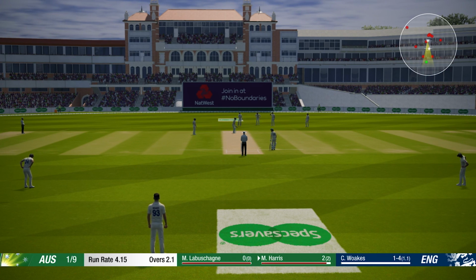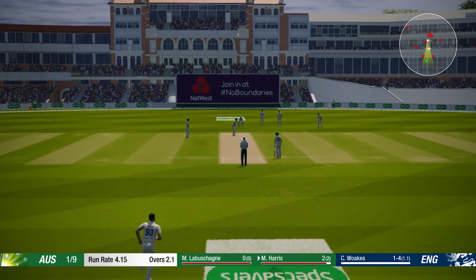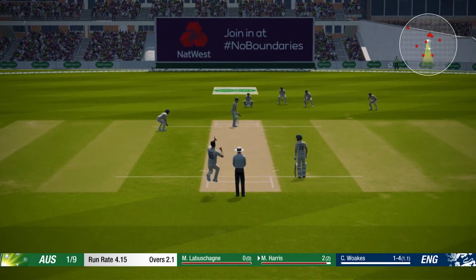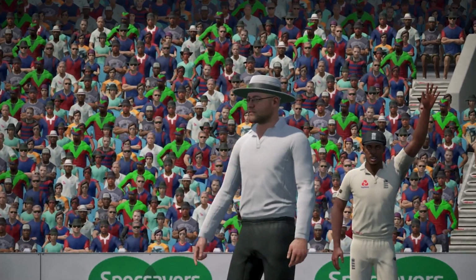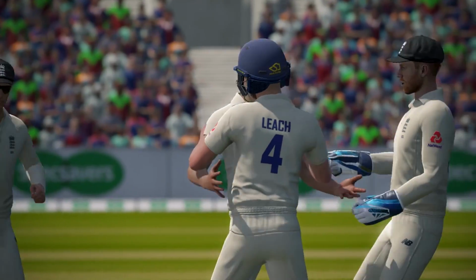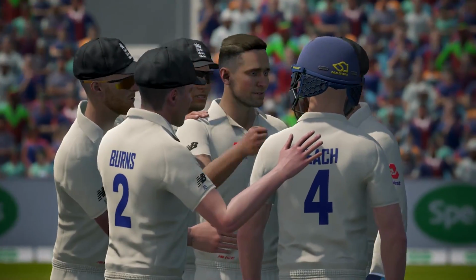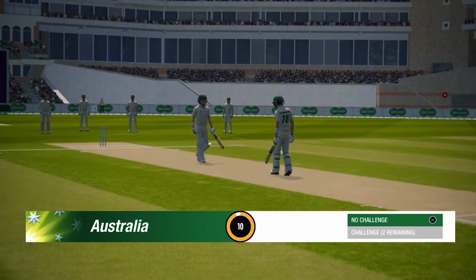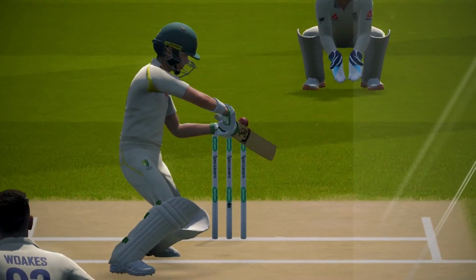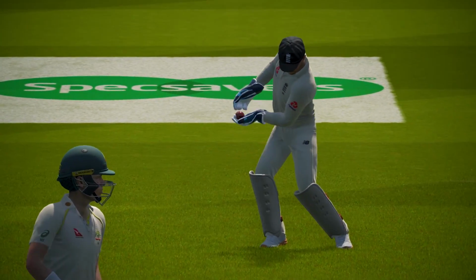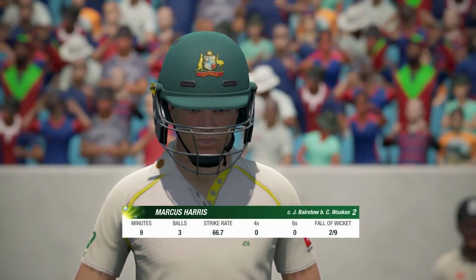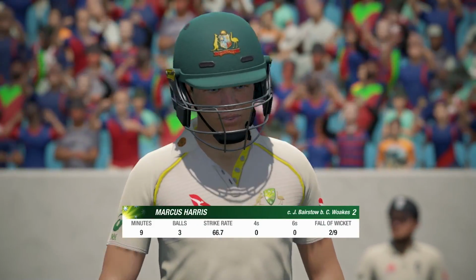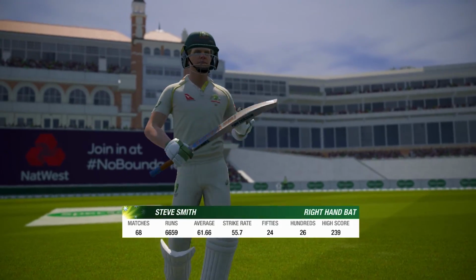Labuschagne to the crease. I reckon I've pronounced it different every single video. Let's see how we go today. They cross, so Harris will be on strike. He's nicked it. And he's been caught behind. That's 2 in 2 balls for Chris Woakes. He's on a hat-trick now. No review there. Just a really silly shot there from Marcus Harris trying to cut away, and ends up edging it. Caught behind to Johnny Bairstow. Australia lose both their openers in a couple of deliveries. Marcus Harris goes there, 2 for 9.